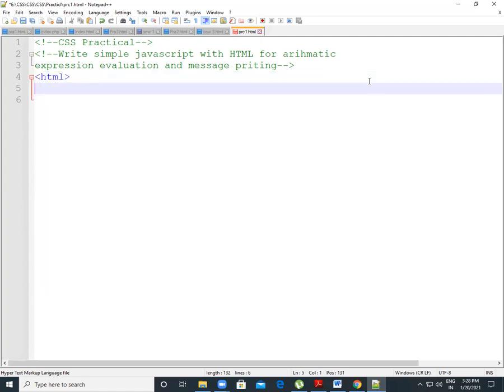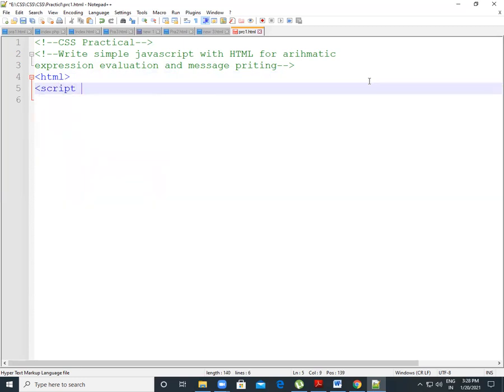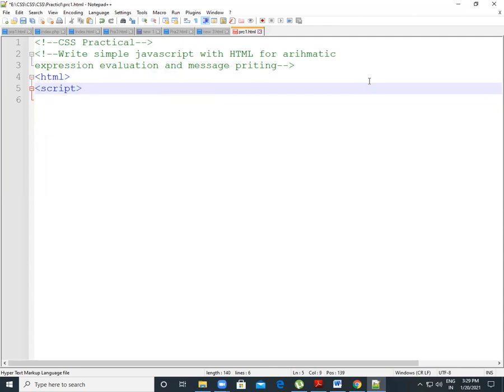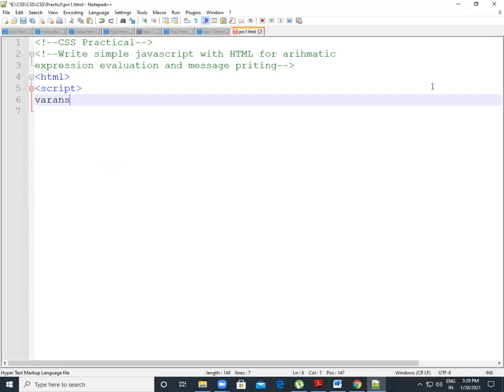In HTML, first we write the script tag. You can write script language equals JavaScript, or just the script tag, that will be okay. Our script started here. Now I write my variable: var answer equals 0, semicolon.